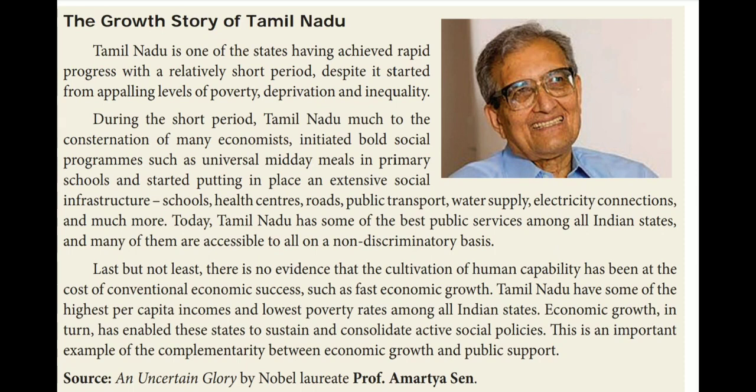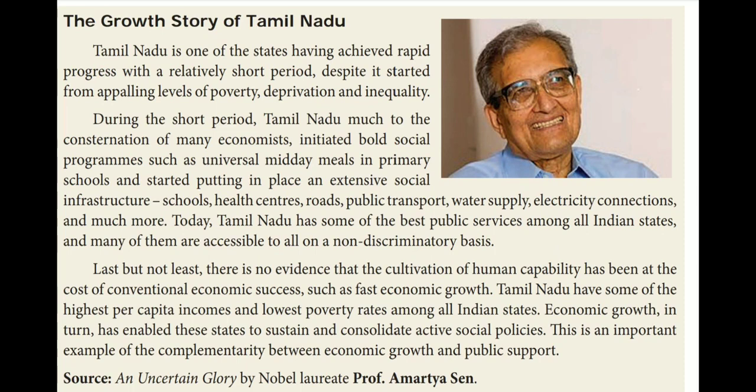Okay. Economic growth in turn has enabled this state to sustain and consolidate active social policy. This is an important example of complementarity between economic growth and public support. So, we can see who has said this: An Uncertain Glory by Nobel laureate Professor Amartya Sen said this. Okay. Next, before concluding